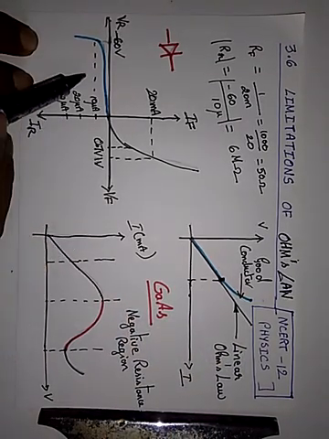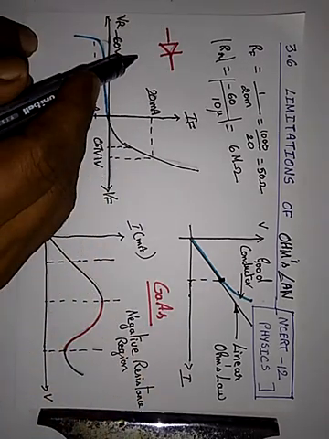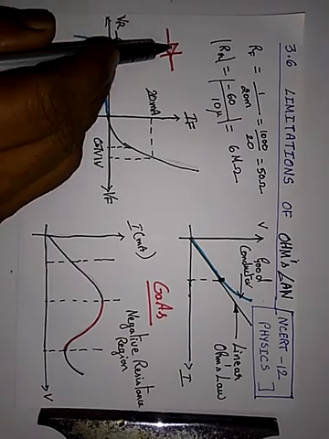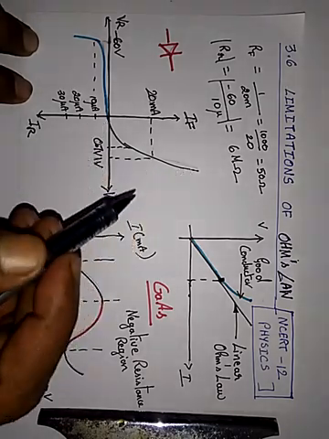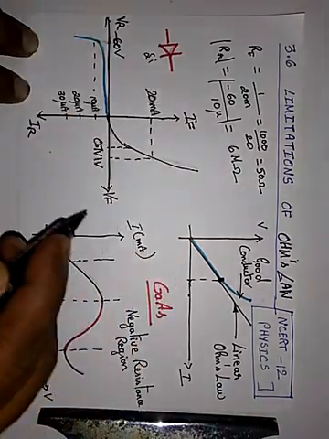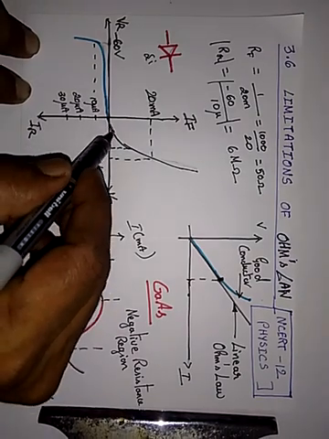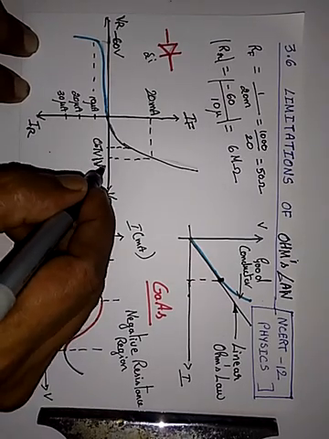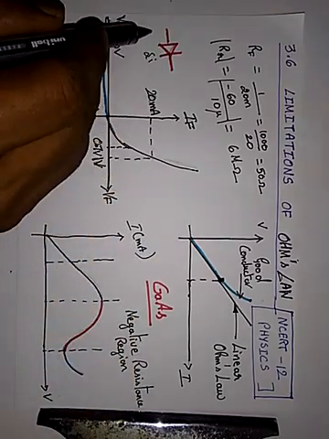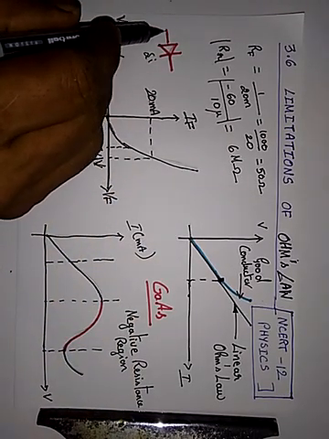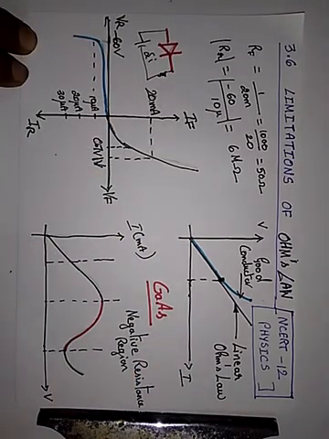Now coming to the nonlinear characteristics of a diode, you will be learning about diode characteristics. When it is forward biased, the anode is given positive and the cathode is given negative. If we plot, say for a silicon diode, at the cut-in voltage of 0.6 to 0.7 volts it starts conducting. At 1 volt, roughly the current will be 20 milliamps in the forward bias condition. Of course, you have to connect a resistance to protect the diode.